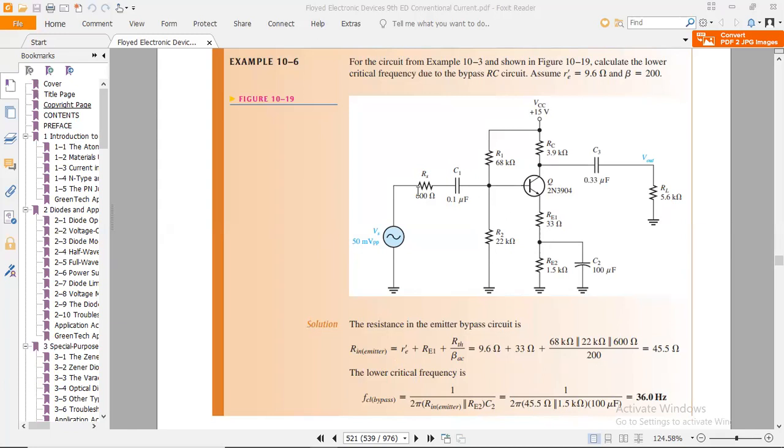So the voltage divider combination is between Rs, R1, R2, solved together with RE1 and the internal junction resistance. I think all the concepts are clear till now. I repeat: Rs, R1 and R2 are solved with the voltage divider rule, and then it is in series with the internal junction resistance, and also in series with the RE1 resistance. This is the resistance concept we implement at this level.